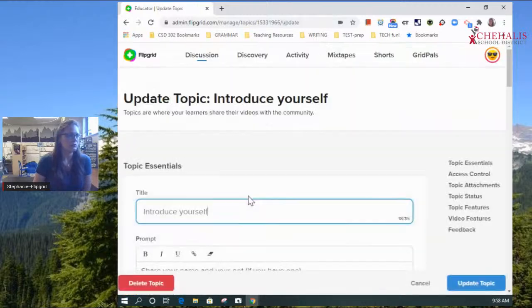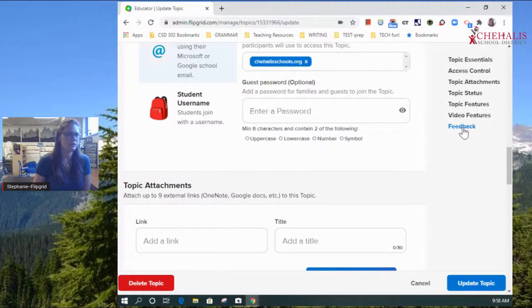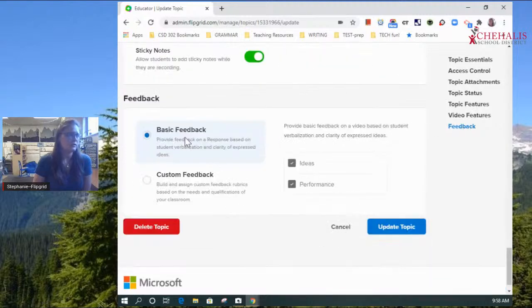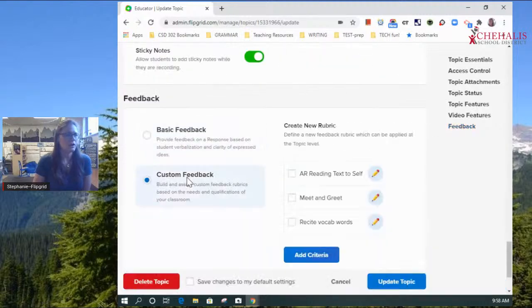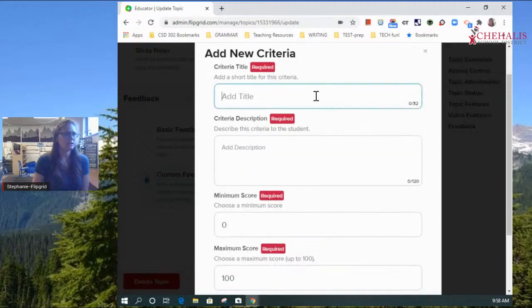And let me show you the grading rubric piece of it. Over here on the right-hand side, this is basically a table of contents for this page. Feedback's all the way at the bottom. You can provide basic feedback or custom feedback. Here's a couple of items that I've set up already, but if I wanted to add some criteria, click on add criteria, maybe length, no, maybe